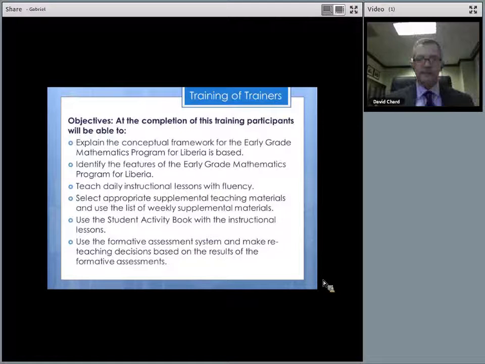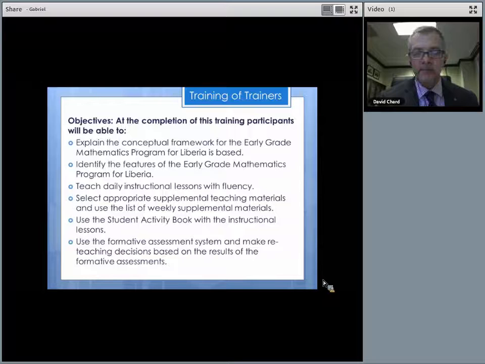So after the development of the first two grade levels, and I think that all three grade levels are now completed, but after the development of the first two grade levels, we were asked to come out and work with a team of about 40 trainers, some who work directly. And there's a question from Abby. She says, I'm curious about whether any of these in-school efforts have been complemented with after-school, out-of-school informal programs. Folks who are in the curriculum design group at the ministry. So we did that in August of 2012.